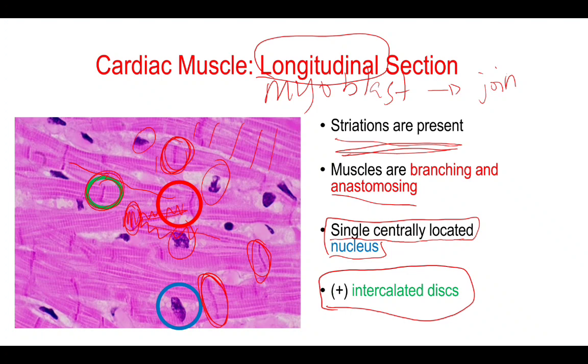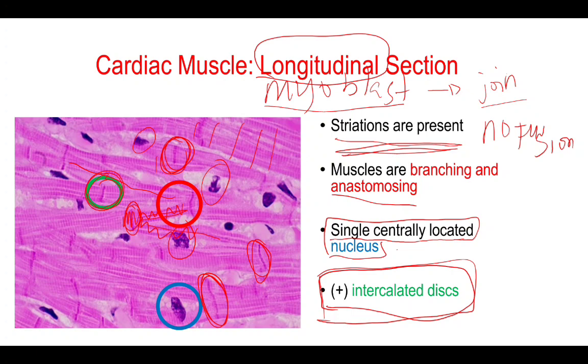Okay? So here, the myoblast decided to join but there is no fusion. And because of that, the nucleus now are in the center. And then the muscles are branching and anastomosing. Okay? And then that is what is causing the presence of your intercalated disc. Okay? So let's take a look